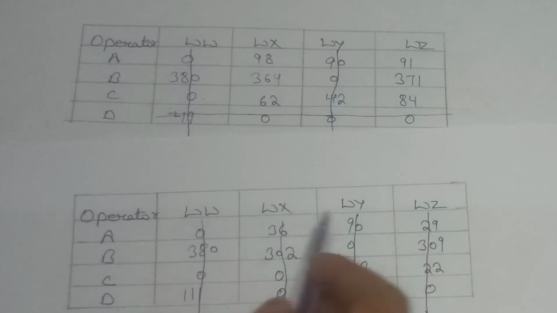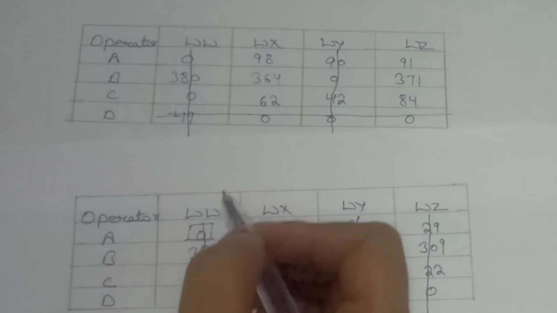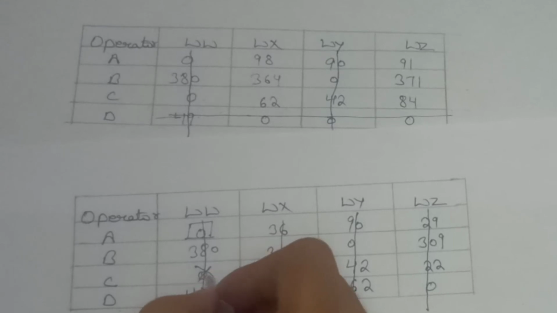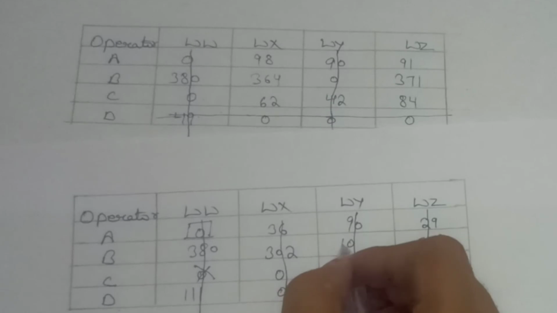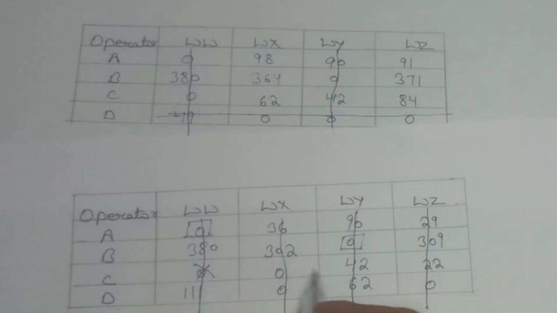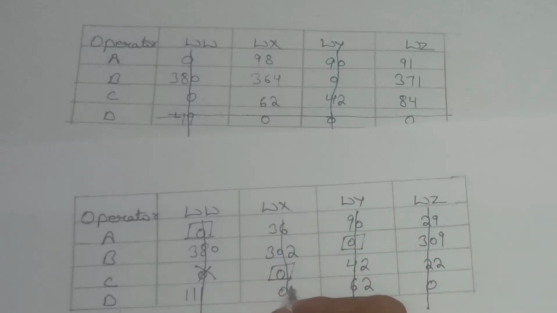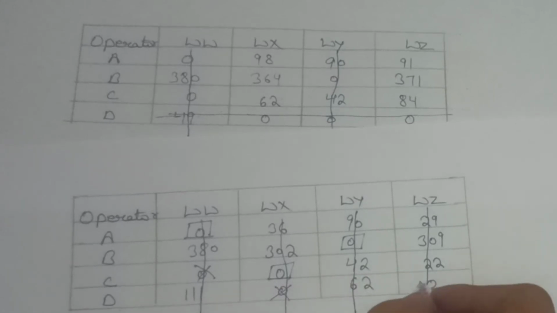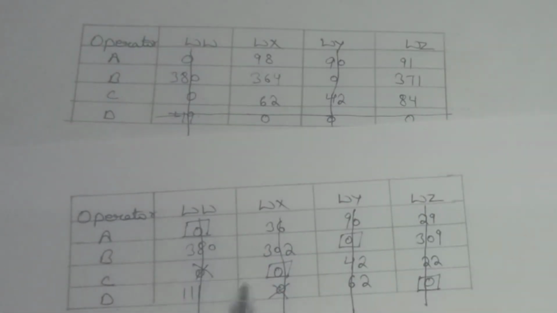So in the first row and first column, here we have only 1 0. So we will select this cell. If we select this cell, then we can't select this cell, so we will cut this 0. In the second row, you can see we have only 1 0. So we will select this one. In the third row, you can see we have left only 1 0. If we select this 0, then we can't select this, so we will cut this 0. In the fourth row, we will select this cell. So you can see we have done our allocations.